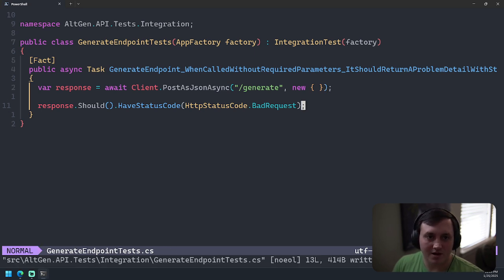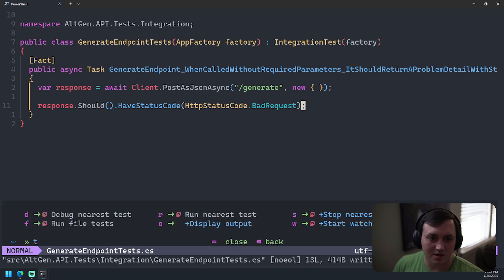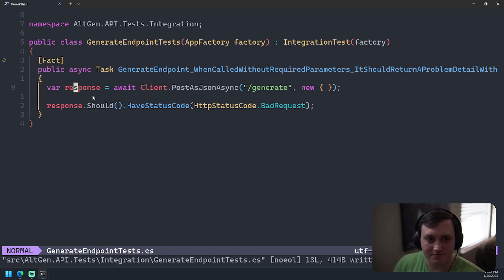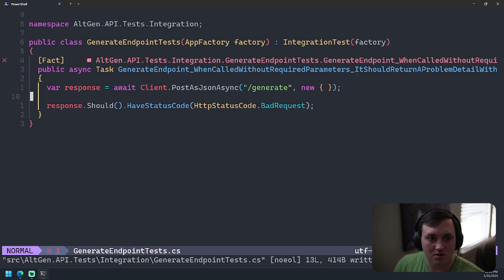So I write that out, and now I should be able to run this test by doing leader TR. This should fail. Okay.